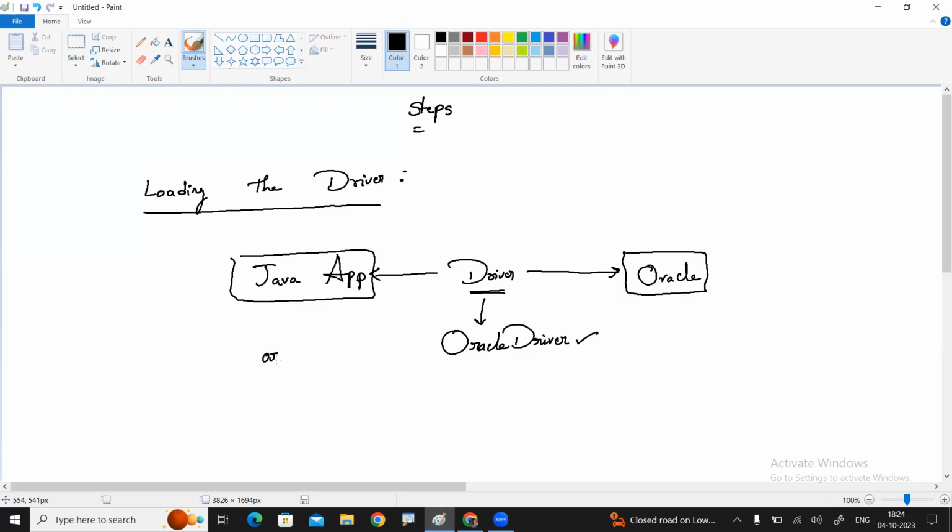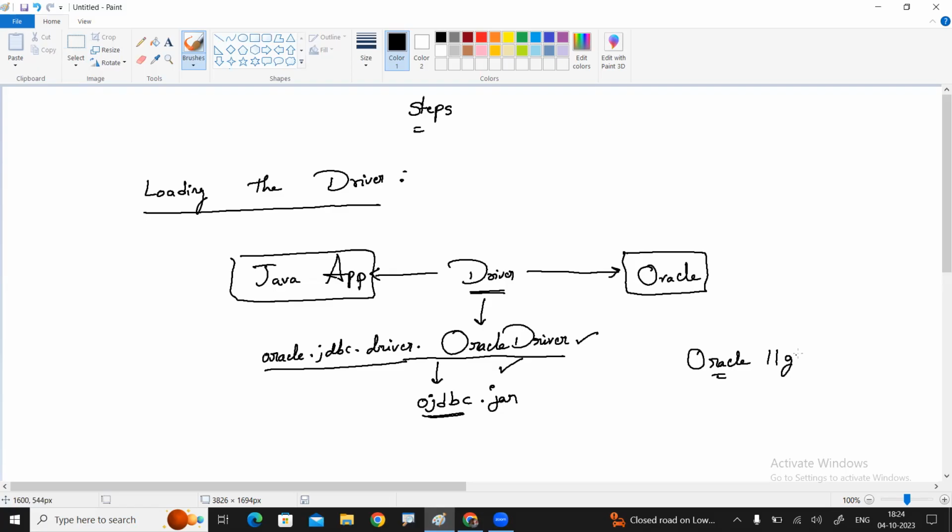It is available in the oracle package, jdbc subpackage, and inside that, the driver subpackage. Inside this, the OracleDriver class is there. So where is this package available? It is available in the ojdbc jar file, maybe 5, 6, 7, depending on your Oracle version. Suppose you are using Oracle 11g, it has an ojdbc5.jar file which contains the OracleDriver class.